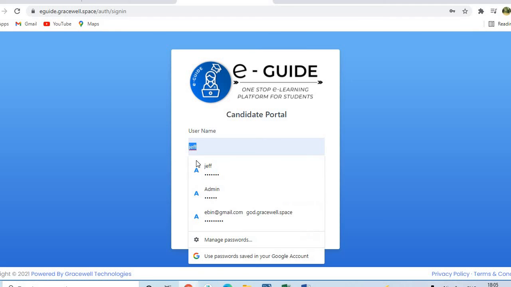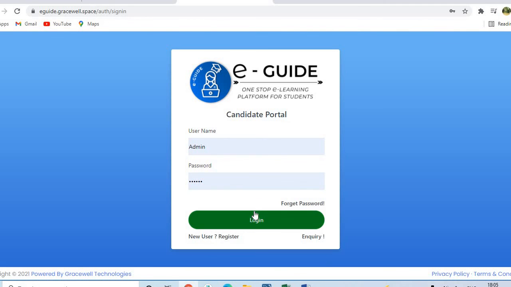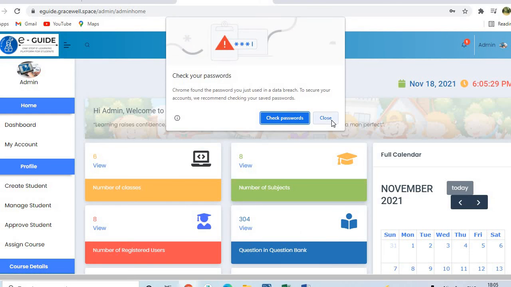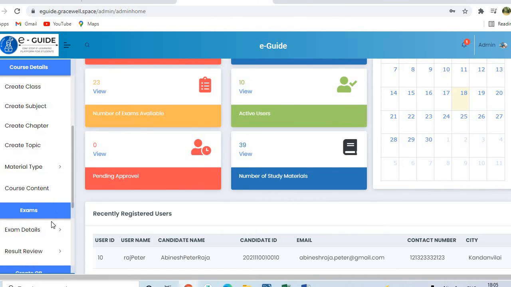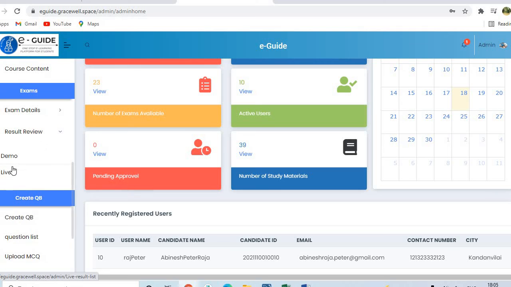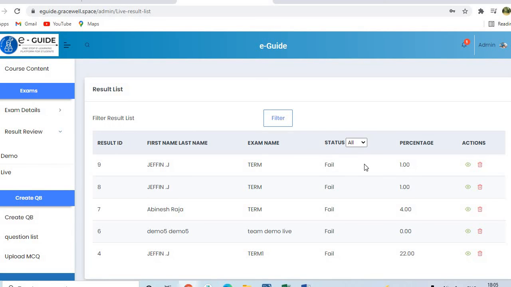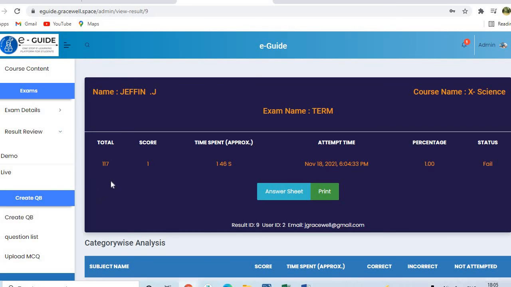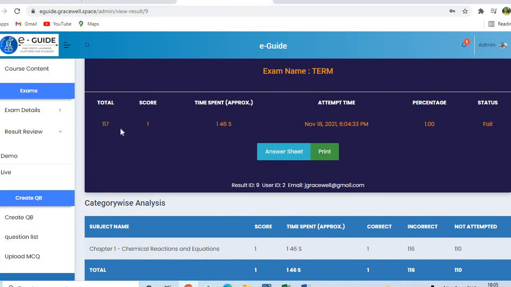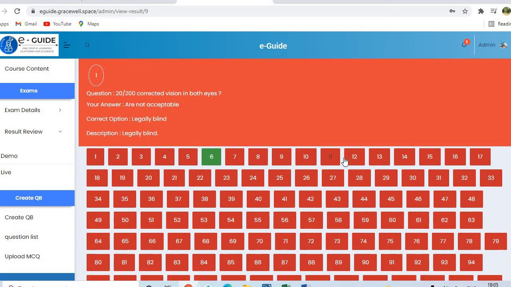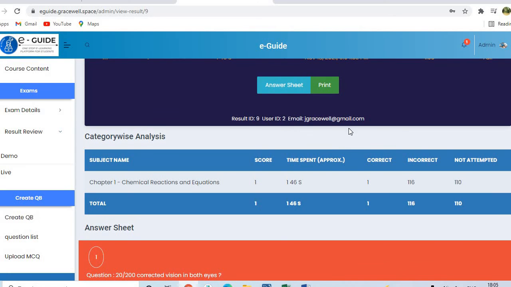Now again let me go to the admin panel and show to you. Okay, let me go to the review results, and see, it shows the people who have taken the exam. So this is the exam that I took right now in front of you, and when a student takes the exam, it is actually updated on the admin side, in the teacher panel. Okay, so the teacher will also be able to evaluate the performance of a student.